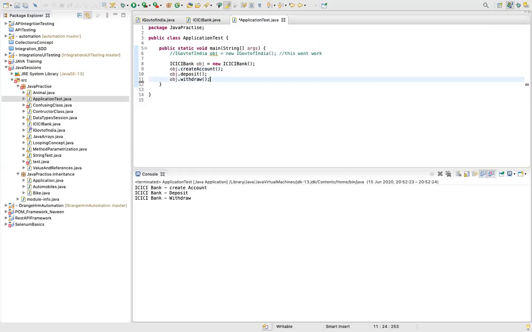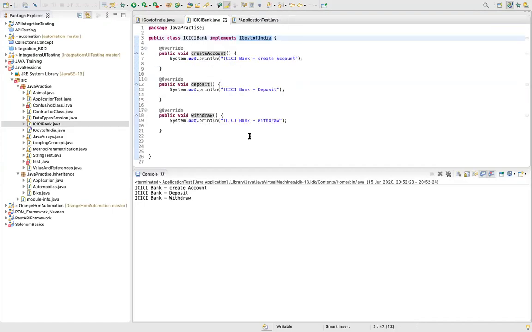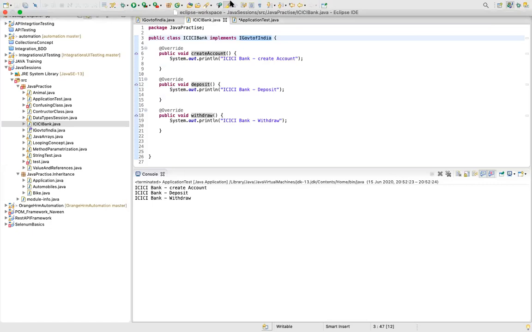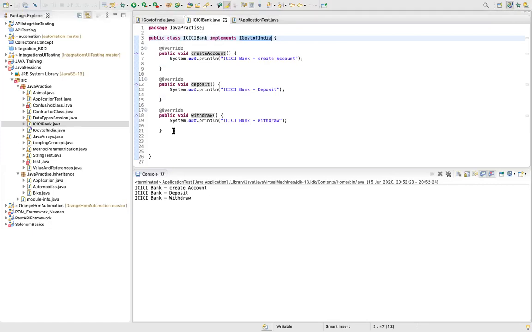Now, we have implemented an interface. So guys, let's say the government of India doesn't define any rule in terms of RD and FD for this particular interface. The government says, I do not have any interference for RD and FD. So each and every bank can implement their own method.